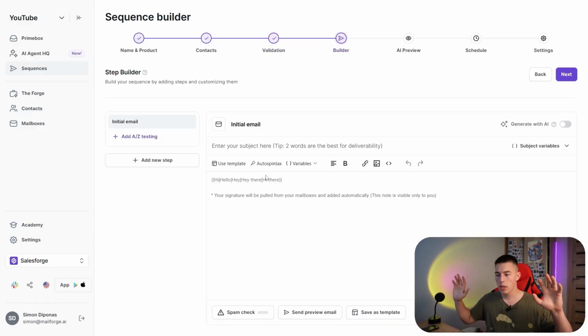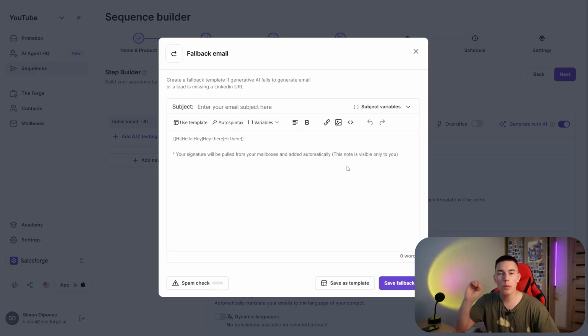What we're going to do is actually not write any type of email. We don't want to do that. We instead want to leverage AI to write hyper-personalized cold emails, because that will not only have the best deliverability, because each email is unique, you're not sending templates, but it will also have the best reply rate, because each email will be relevant to your lead, right? It will mention the specific pain point the lead suffers with,